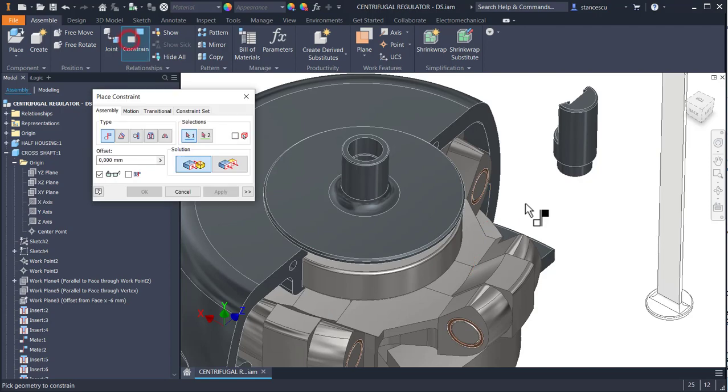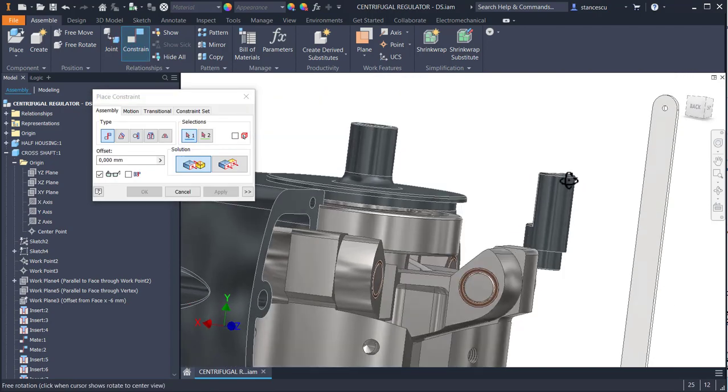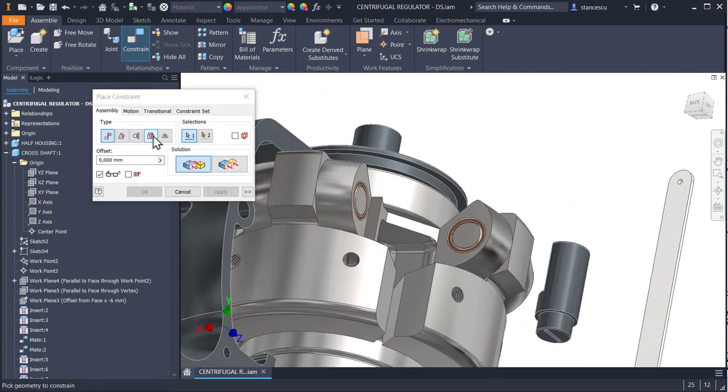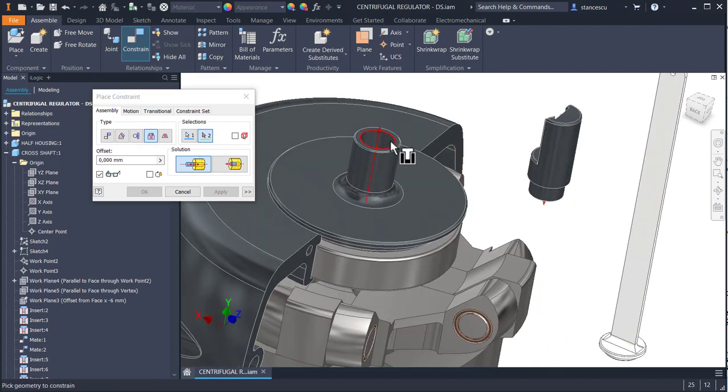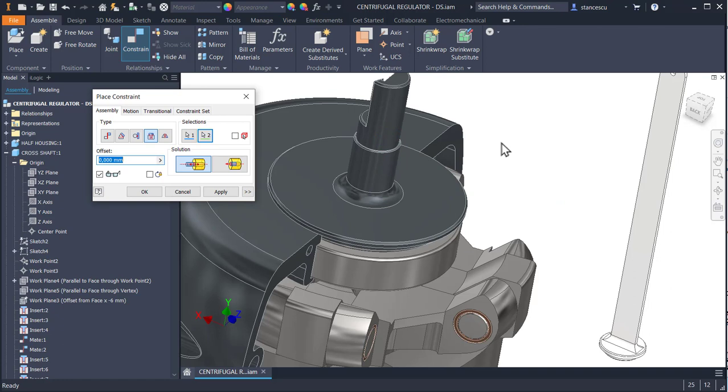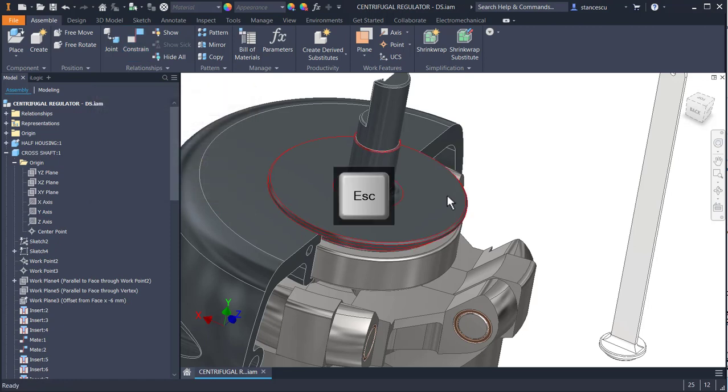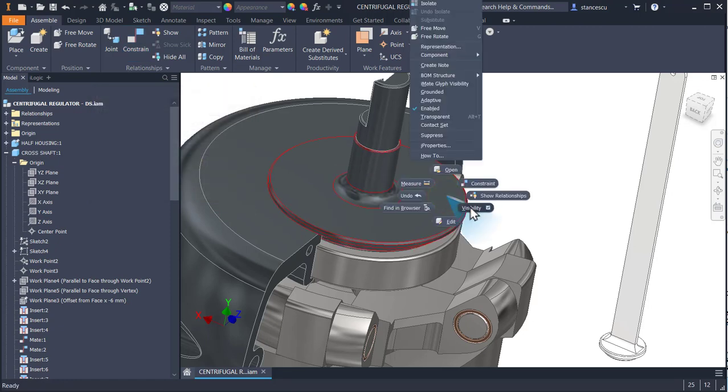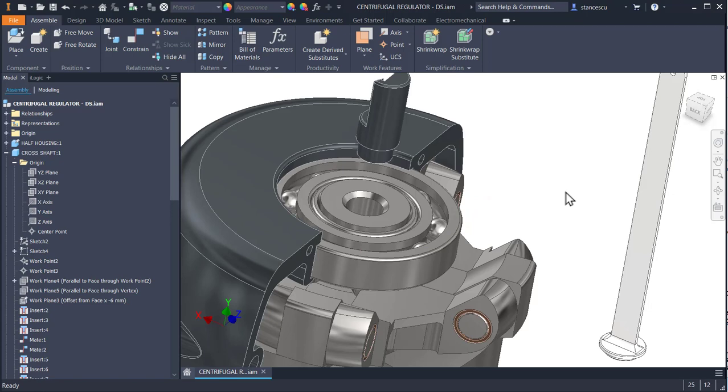We constrain this ground zero inserted on the ruler support. Apply, and we make this not visible to see inside because we want to apply now